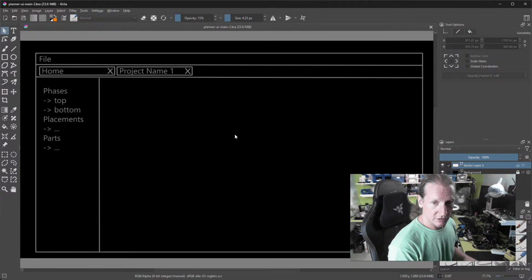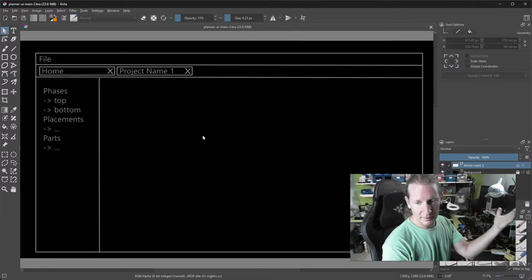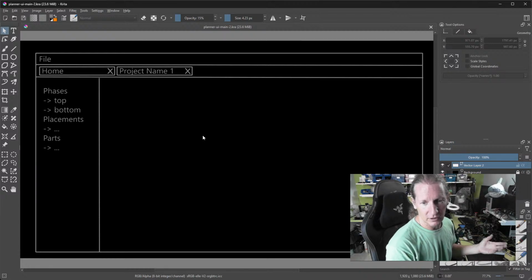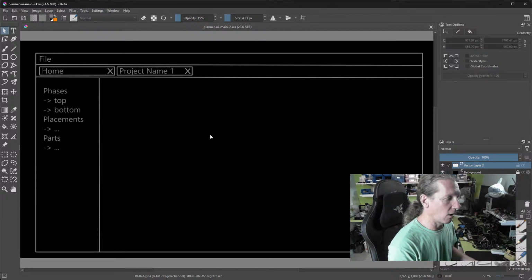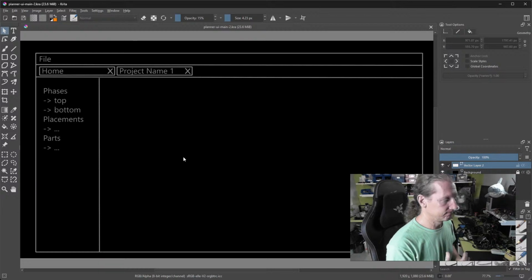to be returned to the GUI app, so that the GUI app can therefore put all the data in the right places. For instance, say you've got a list of placements, or a list of phases, or a list of parts, and so on. So how do I create a view model which has got all of this stuff in? And should I even be doing that? Because right now